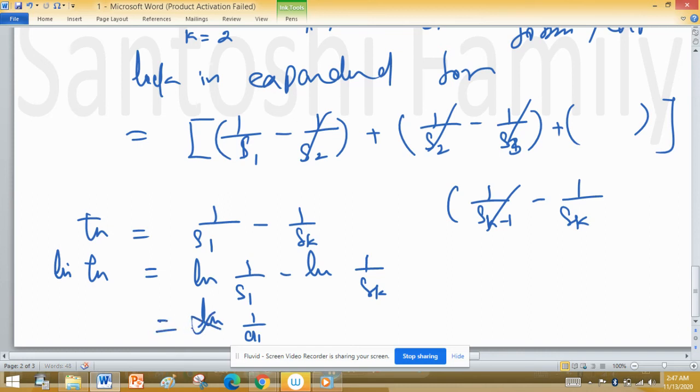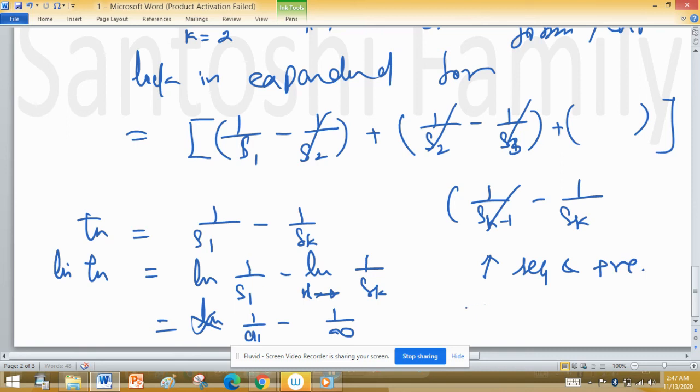So I keep that, minus the limit as k tends to infinity of 1 upon Sk. Because this is an increasing sequence of positive terms,